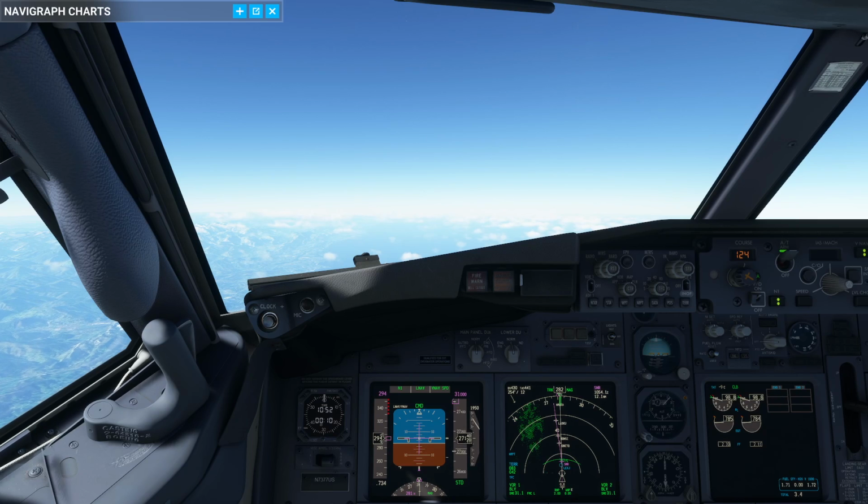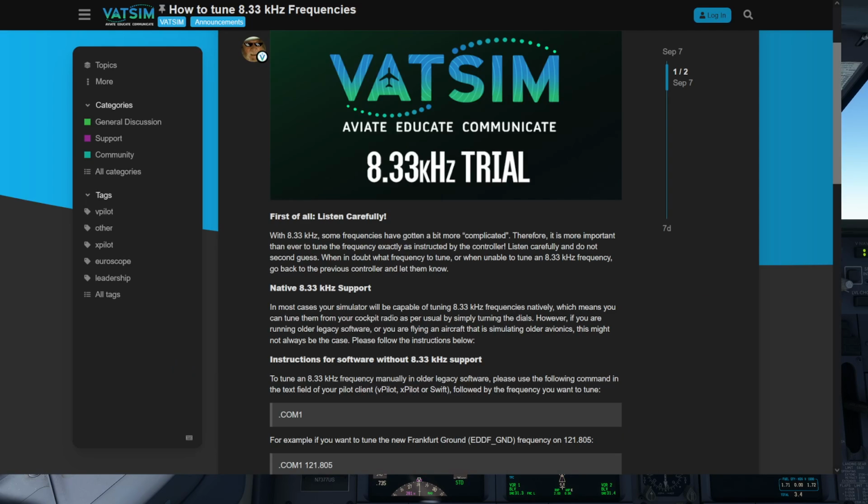So let's start with a little bit of basics. Over here VATSIM have announced that they are going with the 8.33 kHz radios. So frequencies are getting a little bit more complicated, as they say, and as a little bit of background information to start up with, any aircraft, or any new aircraft I should say, in Microsoft Flight Simulator does support